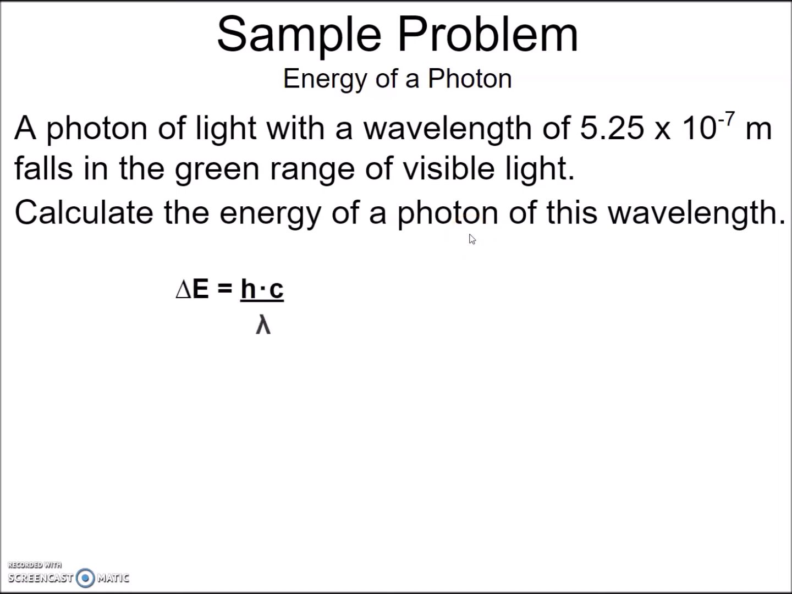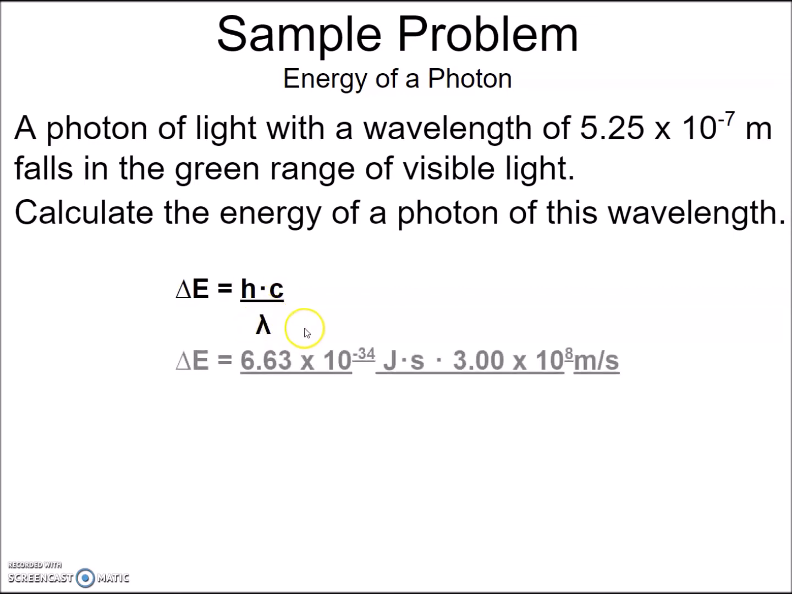Okay, let's use our really useful formula. Delta E equals Planck's constant h times the speed of light, represented by the c, all over the wavelength, which is this Greek letter lambda. Planck's constant, 6.63 times 10 to the negative 34th. The speed of light, 3.00 times 10 to the positive 8th meters per second, all over the wavelength, 5.25 times 10 to the negative 7th. Punch those numbers into your calculator, and we got